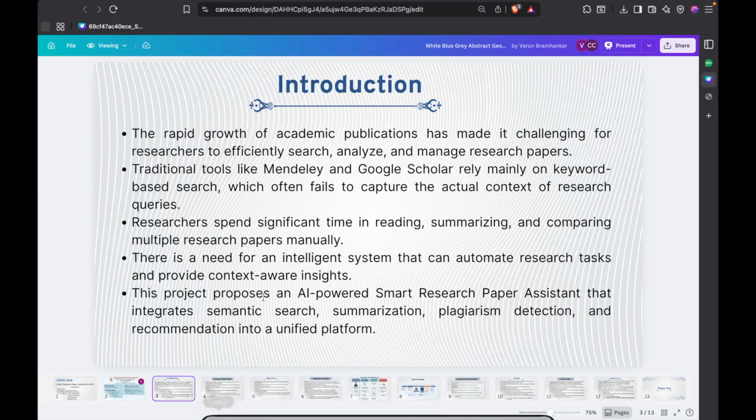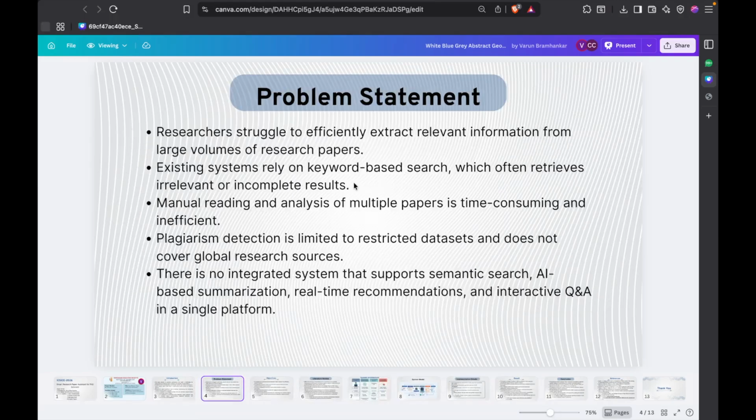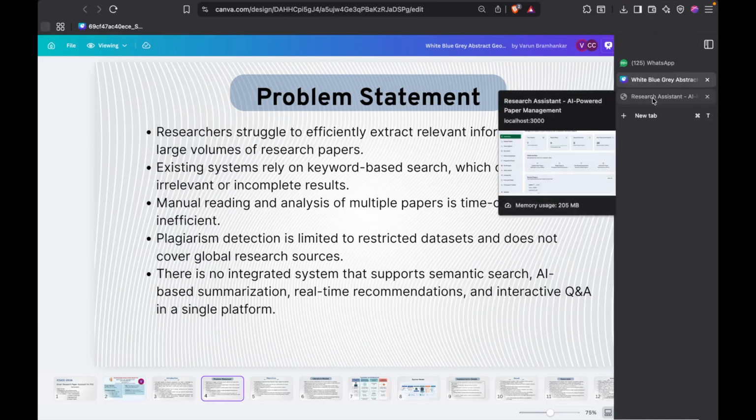Now the problem statement: the primary problem addressed in this research is the inefficiency of existing systems in handling large volumes of research data. Currently, tools rely heavily on keyword-based search only, which often results in irrelevant and incomplete output. So researchers have to do a lot of work manually to analyze documents, and it is time consuming and inefficient. That's why we are making this project, and now we are going to see the live demo